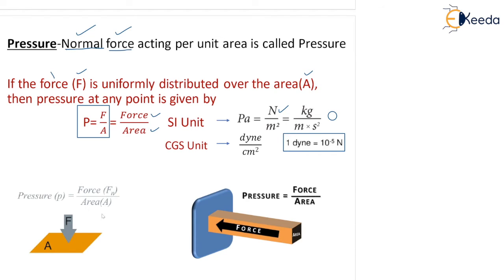Look at this picture here. Pressure P is equal to force. Here suffix N is written. That means normal force by area. So you can see area is represented here and arrow marks force is given. So force by area. Yeah, so same thing. Normal force, that is force is perpendicular to the surface area, and then only it is called as pressure. So pressure is equal to force by area. Very important equation, very simple but very important equation in the subject. Pressure equal to force by area. Let's go into the next slide.